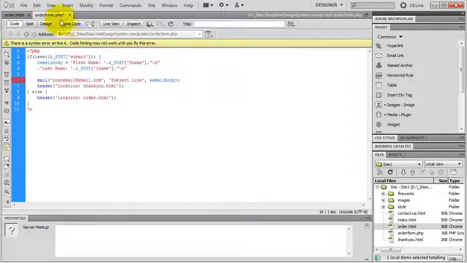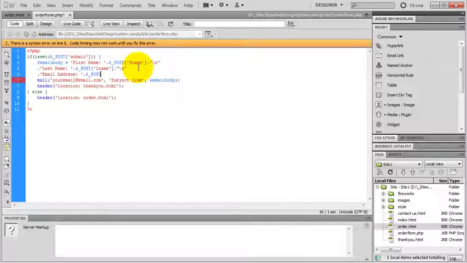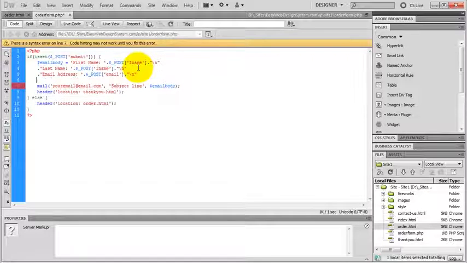So I go back to my PHP file and I type in email address, and it was email, just like that. Alt 92 for backslash and hit enter. Next, I go back to my form,